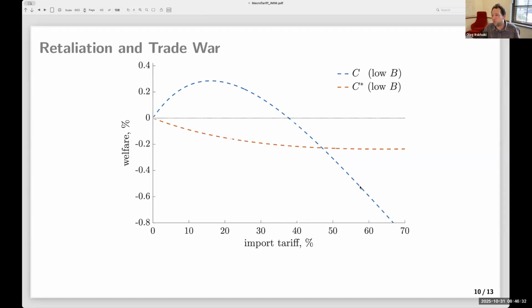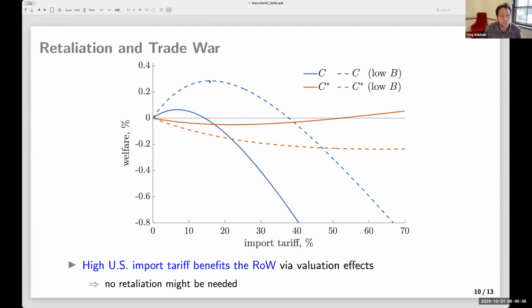Okay, I wanted to give you a flavor of these things, and I will pass it to Lufu right now. But this would have been a standard calculation of optimal tariff when you ignore financial positions. This is the optimal tariff, and this is the welfare for the rest of the world. It's pretty bad for the rest of the world, and there is scope for a large tariff for home. But once you factor in big asset positions, like in the data, the scope for optimal tariff is actually smaller for the US, and with a big tariff that closes the trade deficit, the US will lose quite a lot.